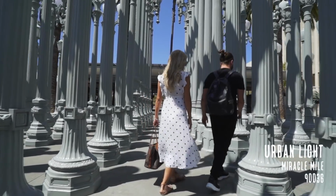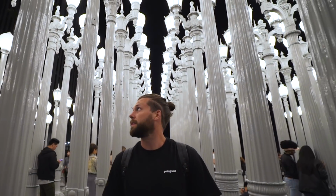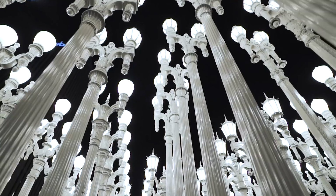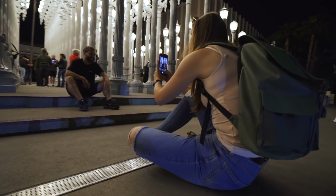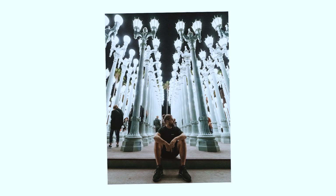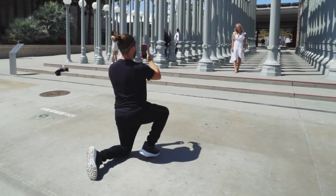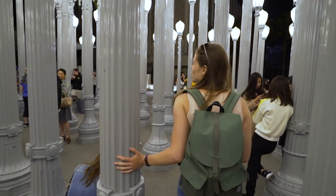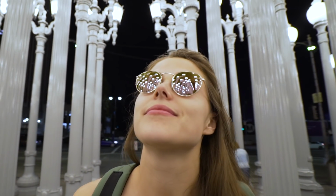We went here in both the daylight and at nighttime to see what works best. During the day, it's a lot less busy and much easier to get a clear shot. At night, the lights come on and the pictures come out a lot more moody. Shoot from a low angle to get the whole of the lampposts and the palm trees behind in frame. If you wear sunglasses in the evening, you'll get some really cool portrait photos as the lights reflect off the